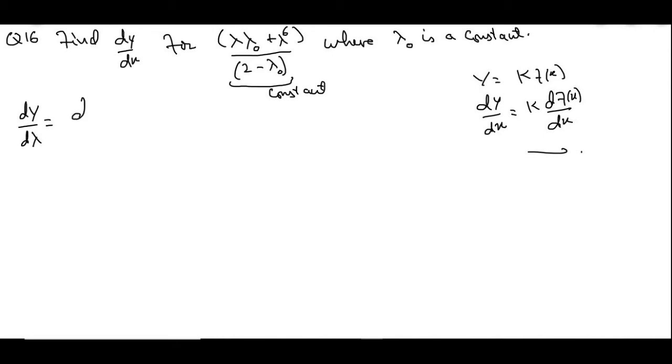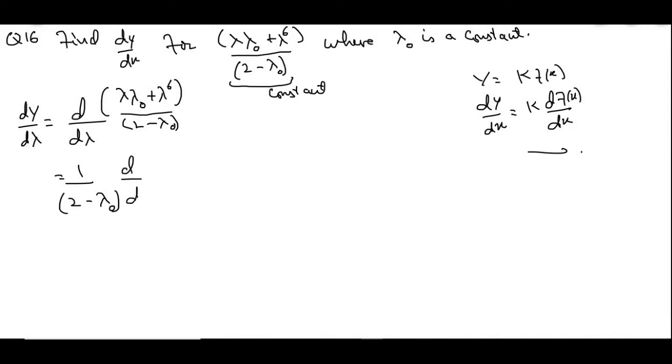So take dy by d lambda is equal to d by d lambda of (lambda naught plus lambda to the power 6) whole divided by 2 minus lambda naught. Now since 2 minus lambda naught is constant, we will take it out,